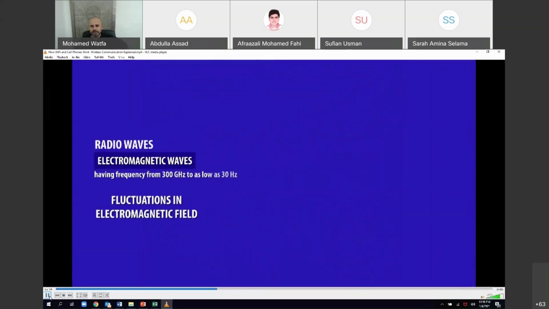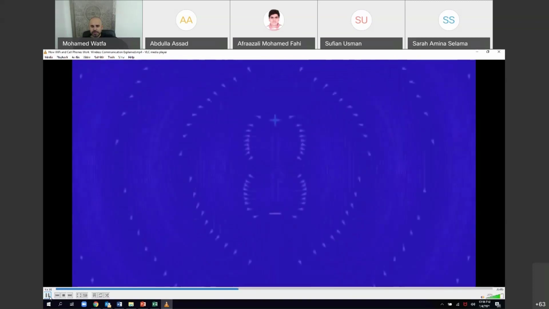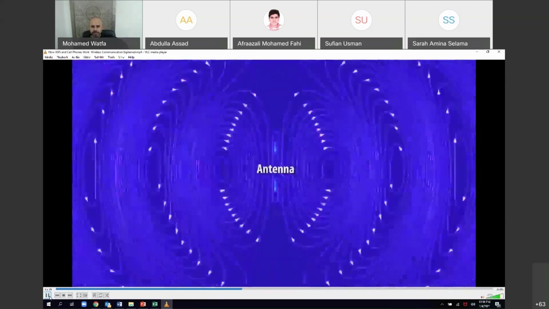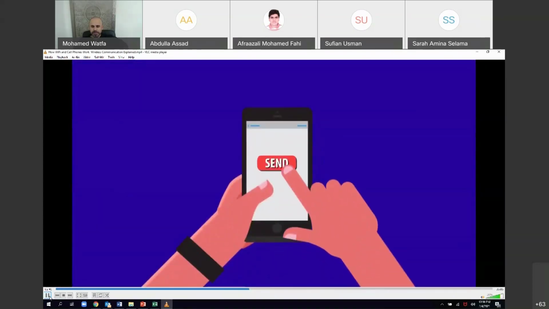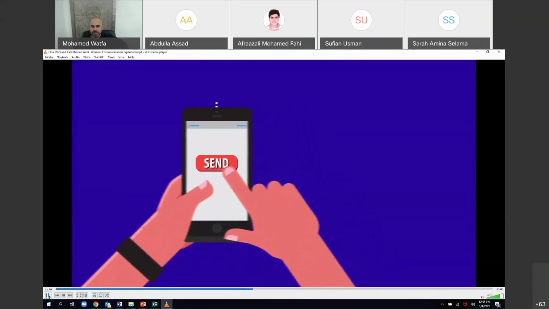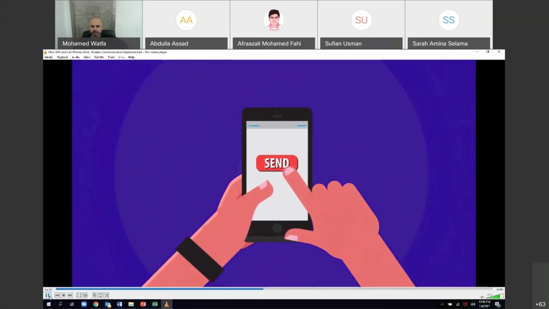So, to produce radio waves, you need to create fluctuations in the electromagnetic field. And to create those fluctuations, you need electrons moving around in a conductor. The act of radio wave synthesis is a carefully choreographed rhythmic dance of electrons and tiny copper wires. Like perturbations in still water that radiate outward from the point of disturbance, the electron flows in an antenna cause perturbations in the electromagnetic field, which radiates out into space as electromagnetic waves. When you press send on your favorite messaging app, your mobile operating system sets off a chain of events that ultimately encodes the message as a carefully choreographed electron dance. This dance results in rhythmic ebbs and flows in the electromagnetic field in the surrounding space, which radiates outwards towards